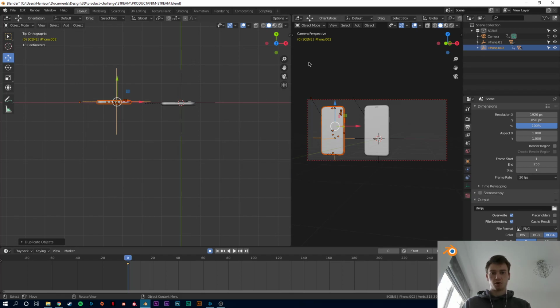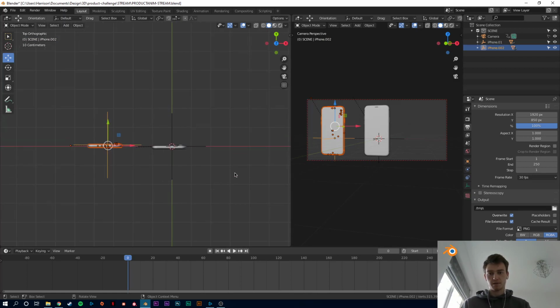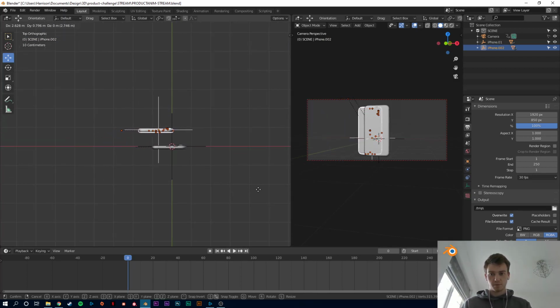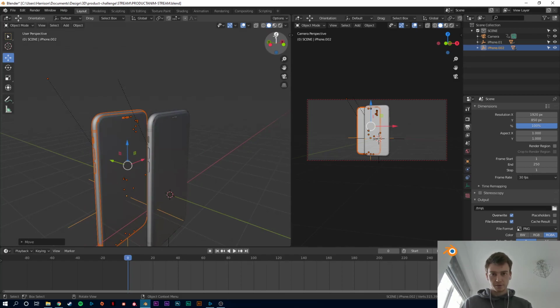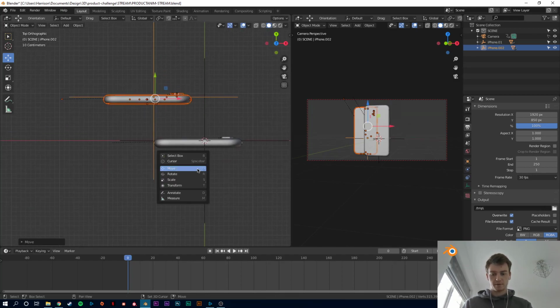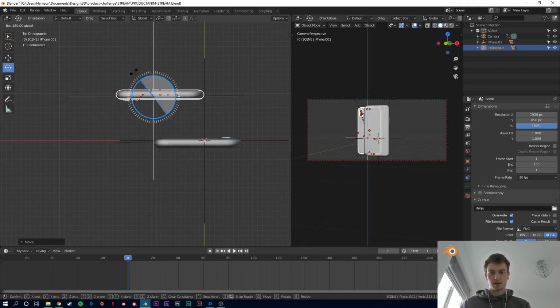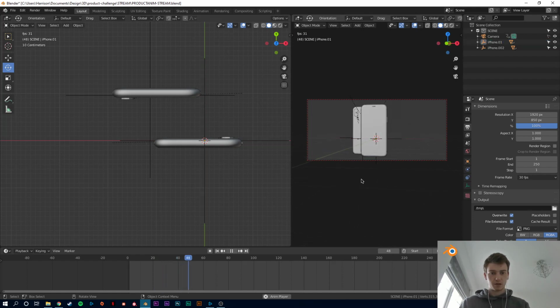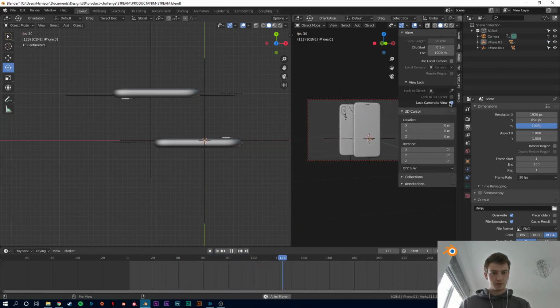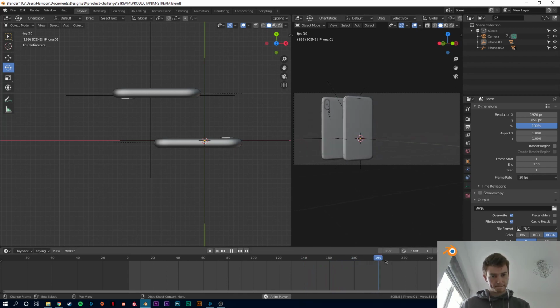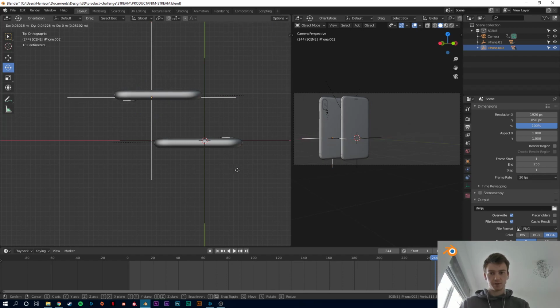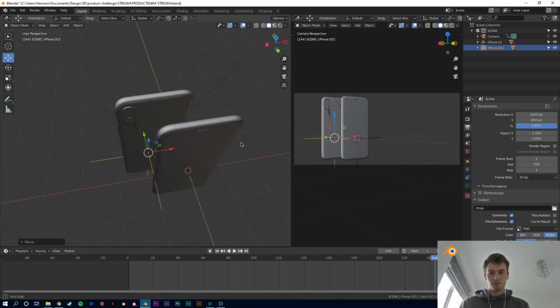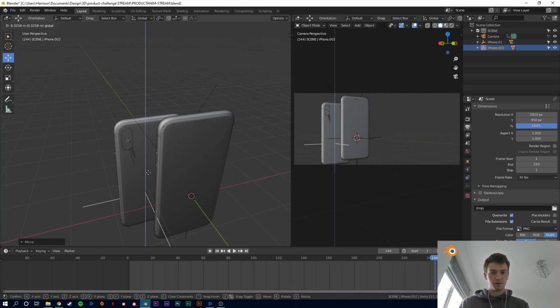Let's keep the camera locked as well. Turn off auto keying as well, so we don't accidentally make any keyframes. Let's position this phone behind that one, and we want this phone to be showing the back of the phone. So let's just rotate that all the way around that way. Cool. So looking at our animation, that's kind of how we want that last frame to be looking. I'm going to move the phone down a bit as well,